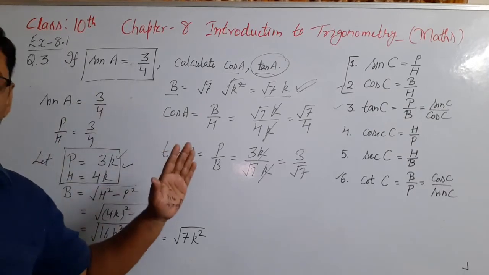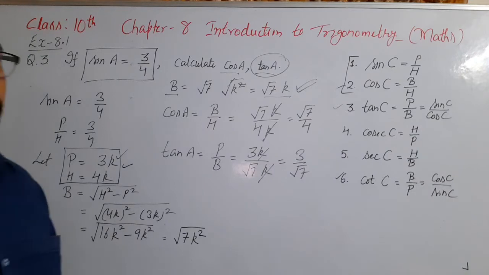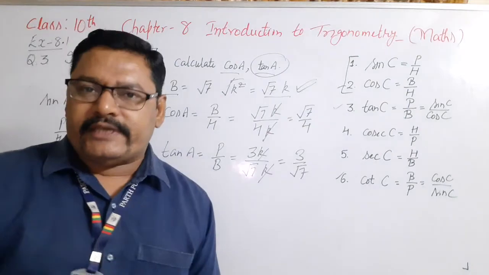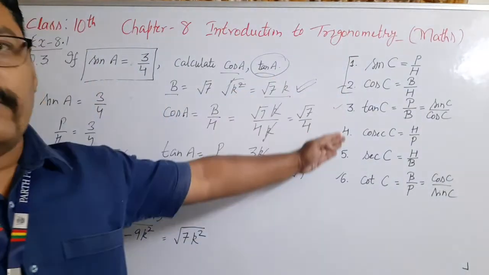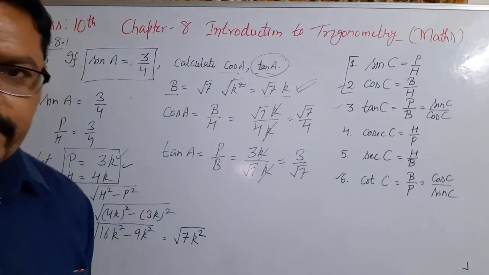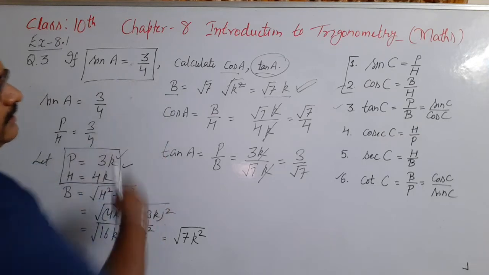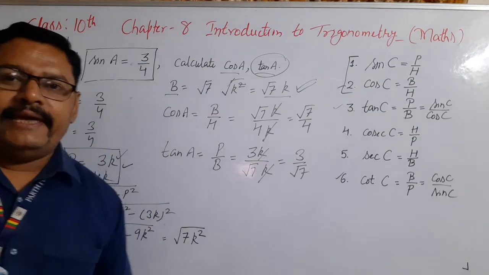After that, again, I would like to emphasize this: if we have the measurement of all three sides of a triangle, then we can find any of these 6 trigonometric ratios. As we know perpendicular, hypotenuse and base, we have easily calculated the values of cos A and tan A.